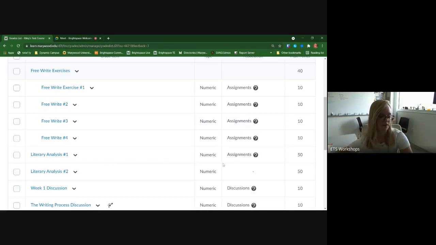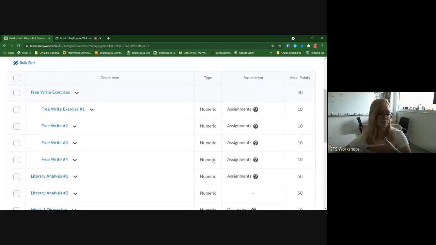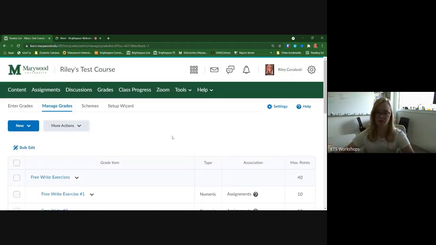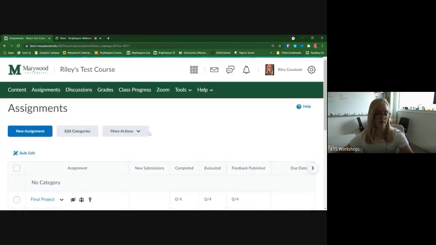So this is one of those instances where I created the grade item and I created the assignment separately, and I just want to make sure that whenever I grade that assignment, it goes into the grade book in the right place. So that's pretty much what we're doing. I'm going to click on assignments then, because I want to go to the assignment and connect it to the